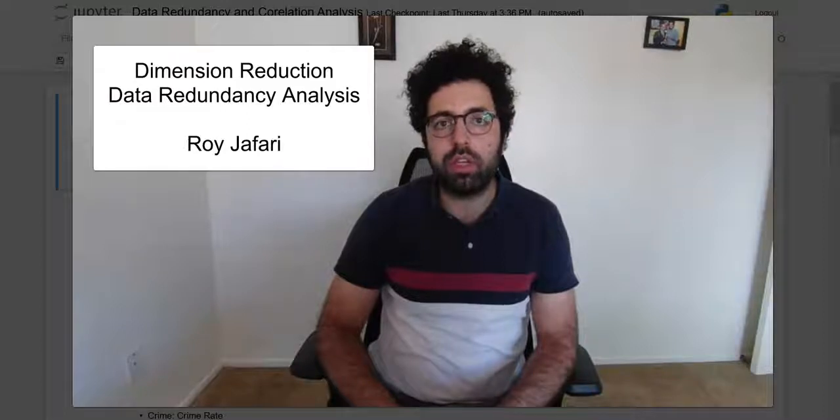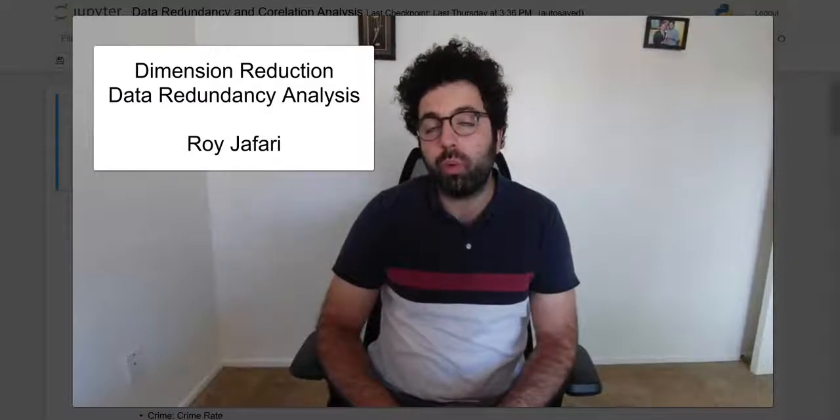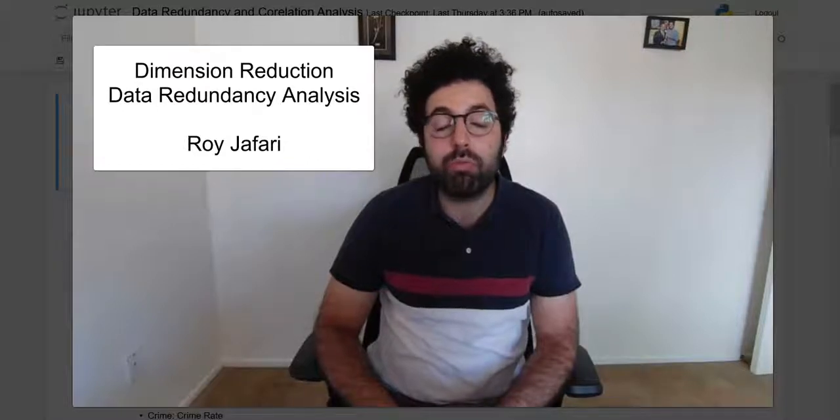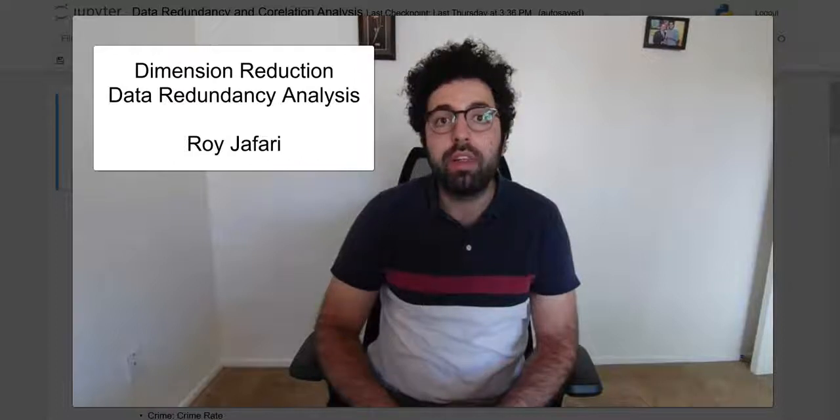In a nutshell, dimension reduction refers to the fact that there are extra columns in your data. The extra columns could be a concern of computational cost, but mainly in this video, and a lot of times when we talk about dimension reduction, what we are talking about is the fact that there is repetition in the columns. The repetition could be as simple as just two columns have the exact same values but under different column names, but it also could be a little bit deeper, as far as the attributes having too much correlation to one another. Basically, they are separate attributes or columns, but because they're too similar, they're not really adding anything